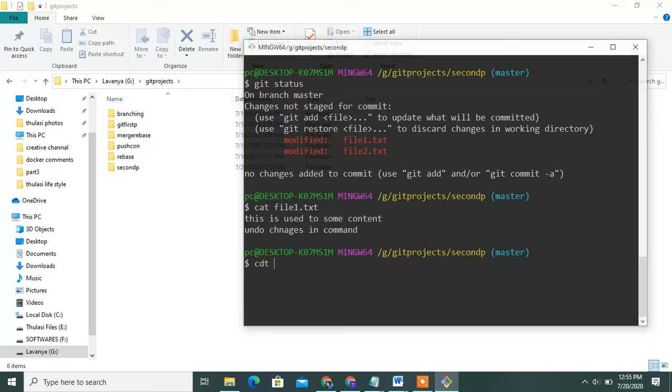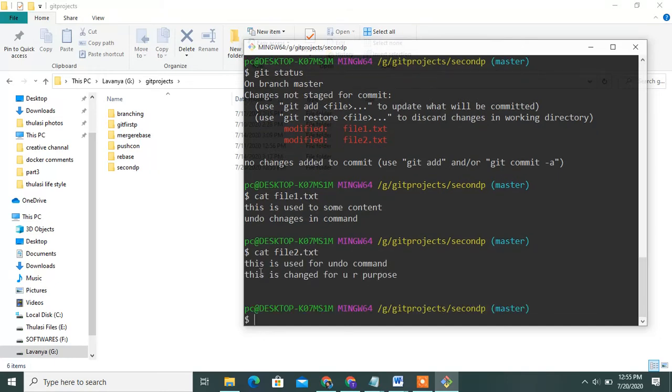Then next, file2.txt. This is also 2 lines of content. How do you undo the changes and delete the second line? Don't save it, don't add and commit that file. You can modify this; I don't know which files are changing.